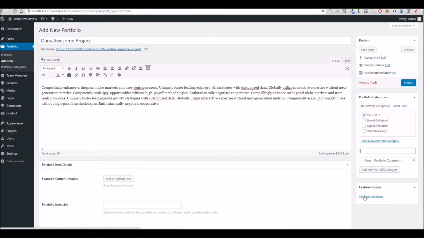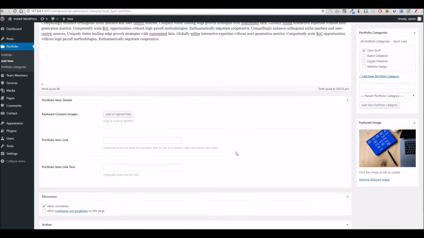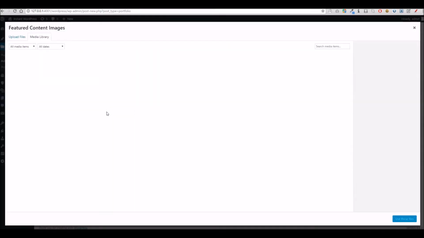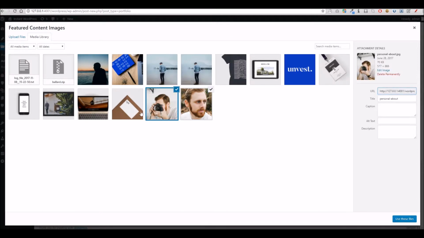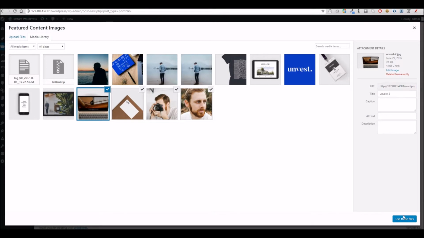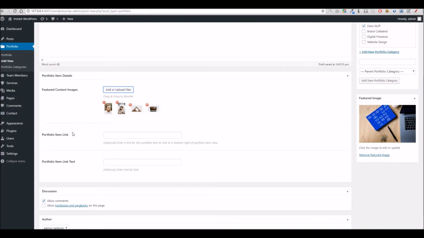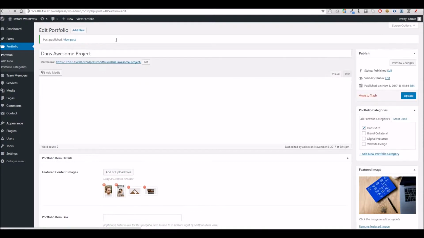And to begin with, we're going to assign a featured image. This is important because this is what's used to represent the project throughout the rest of the website, so I'll choose this one here. And then we can add some gallery images, which is obviously the meat of the portfolio, and I'll just grab a few of these randomly from the media library and pop them in. For the sake of the video, I'm going to leave this item link blank for now. We'll publish this,